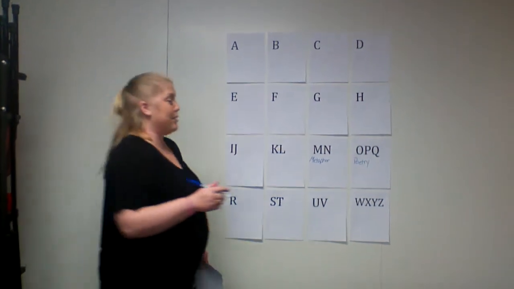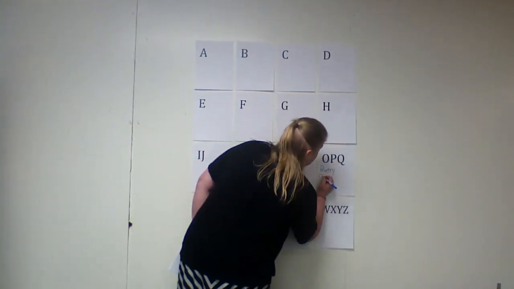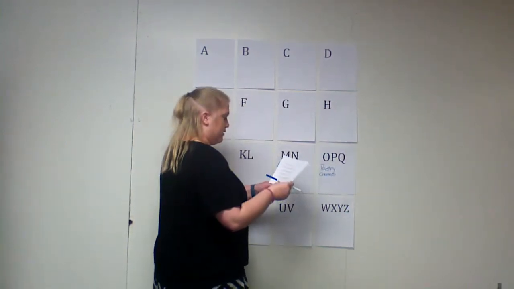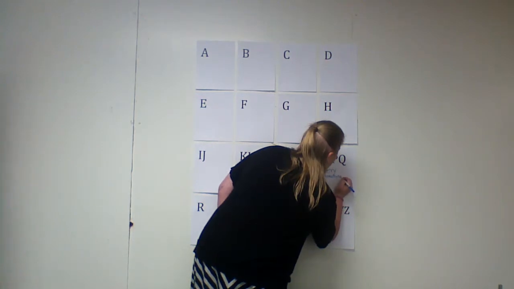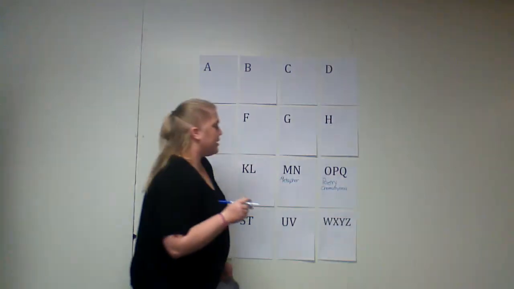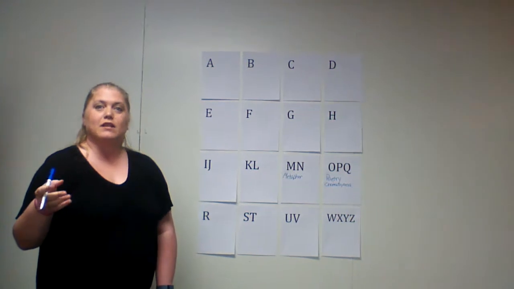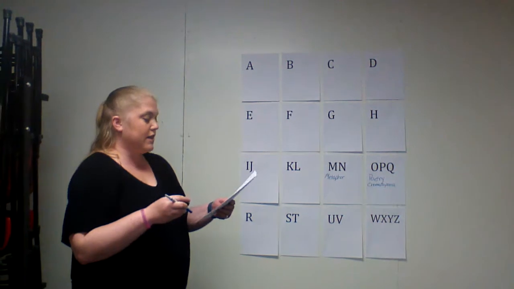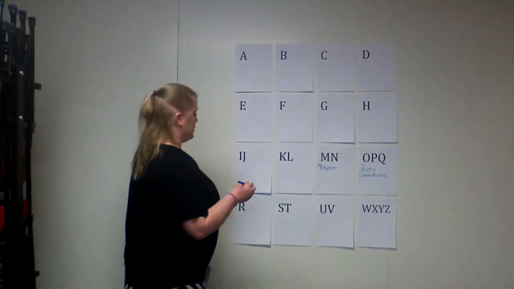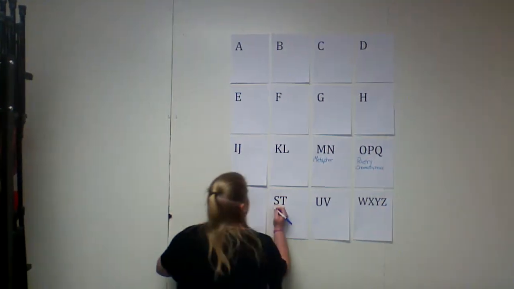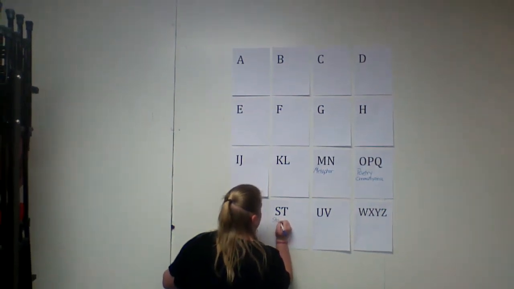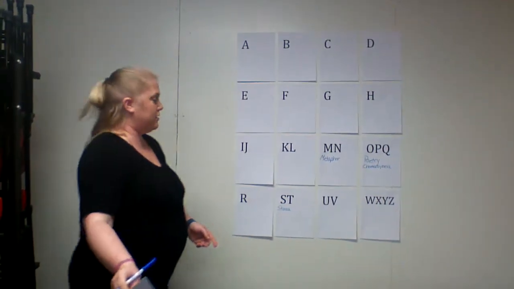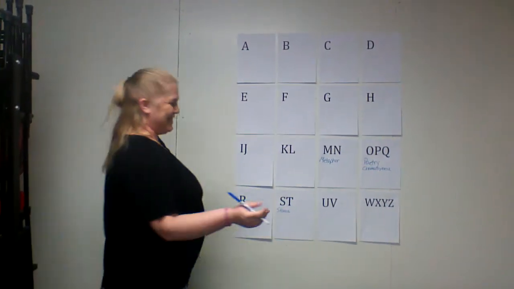Onomatopoeia. That's a big word. As my kids would say, that's a watermelon word. I've got to figure out how to spell this one. Onomatopoeia is when a word imitates the sound that it makes. Stanza is a group of consecutive lines in a poem that make up a single unit. Here we go. And a verse. Verse is just another word for poetry.